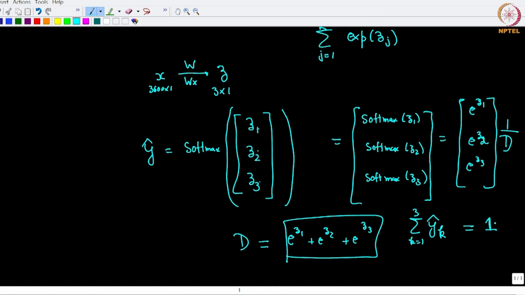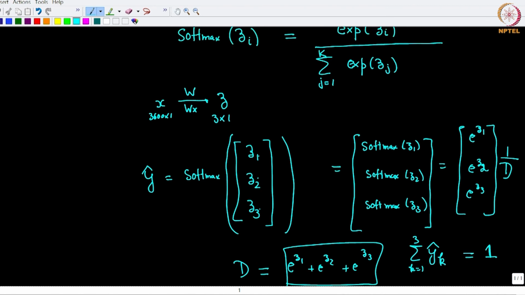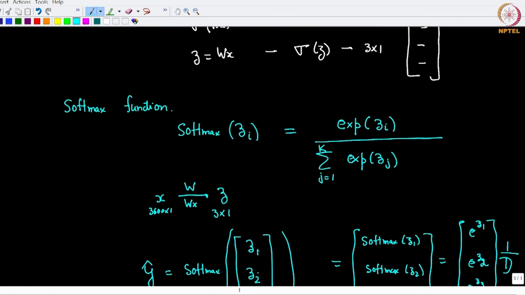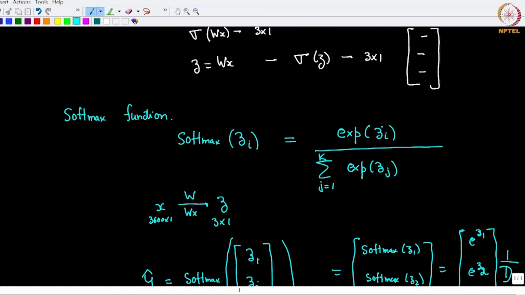Some of you might recall that in week 3 we had seen that in the practical computation of softmax you have to be a little bit careful. If you compute the numerator and the denominator separately, as I have shown here, sometimes you might run into overflow problems. We had also looked at a solution to that within week 3 itself. So, I would ask you to look at that in case you have forgotten it.